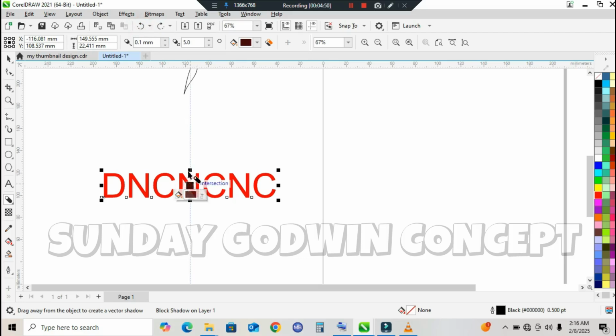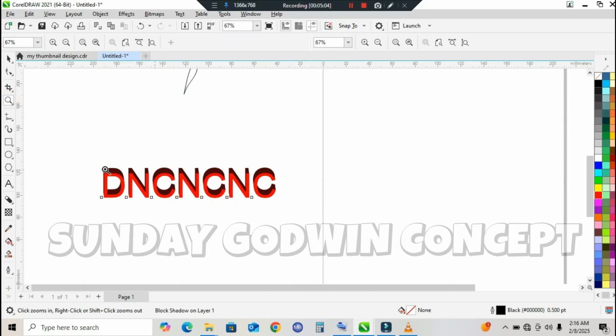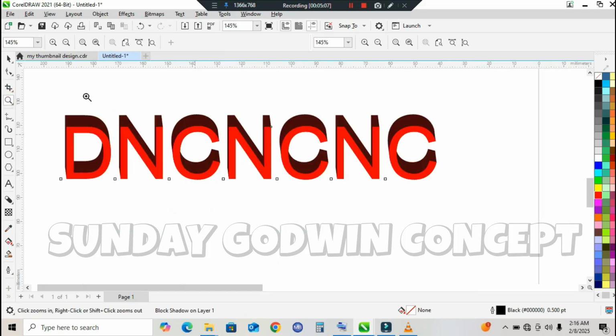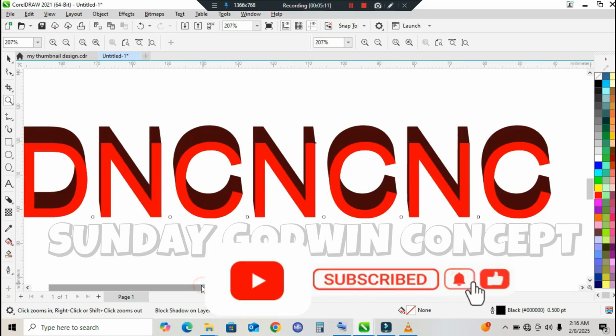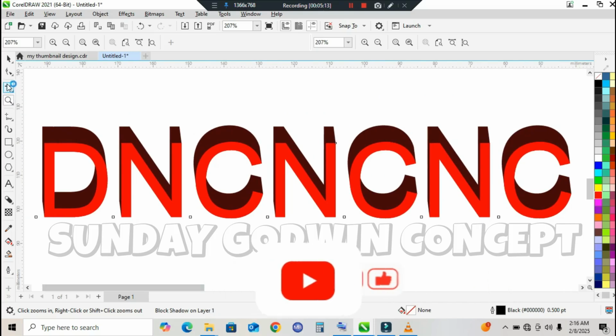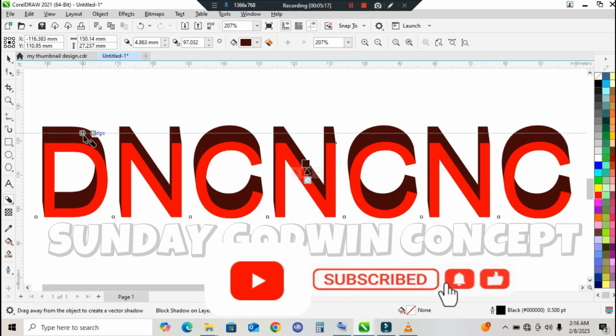Now we are going to move this thing out. How do we want it? The space we want it to be taken out. If you do it carefully, it normally brings a 3D aspect to text. You can see the reason why it is called block shadow. Instead of the normal shadow we have, this one comes in the form of a thick color, which you